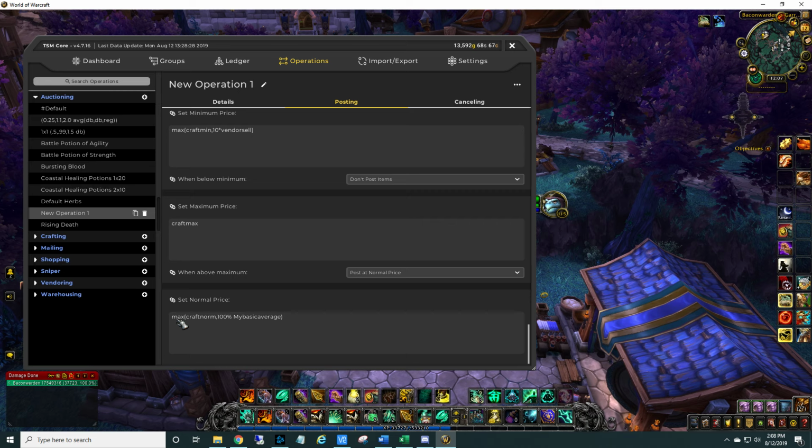So I want to post it at least at the normal price of crafting, but if that's really low, then maybe I want to post it at what the TSM is giving me as an average. Same thing with Craft Max. I'll do the same thing here, but maybe I'll do 200% of